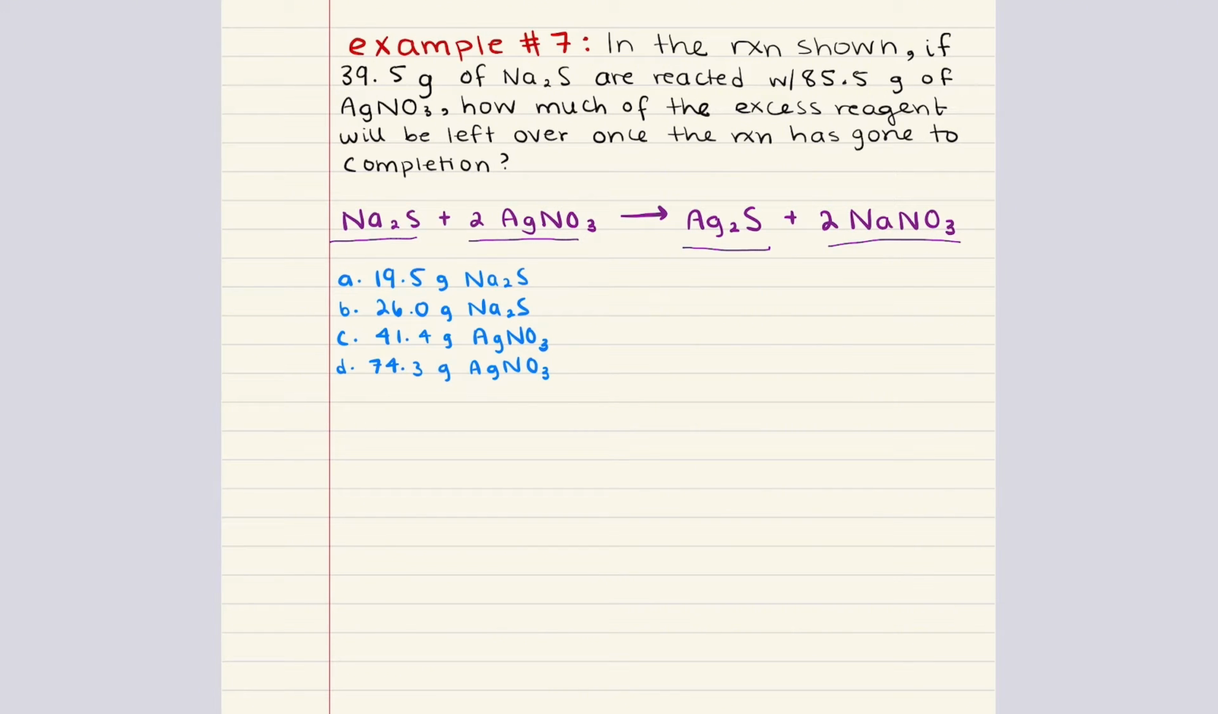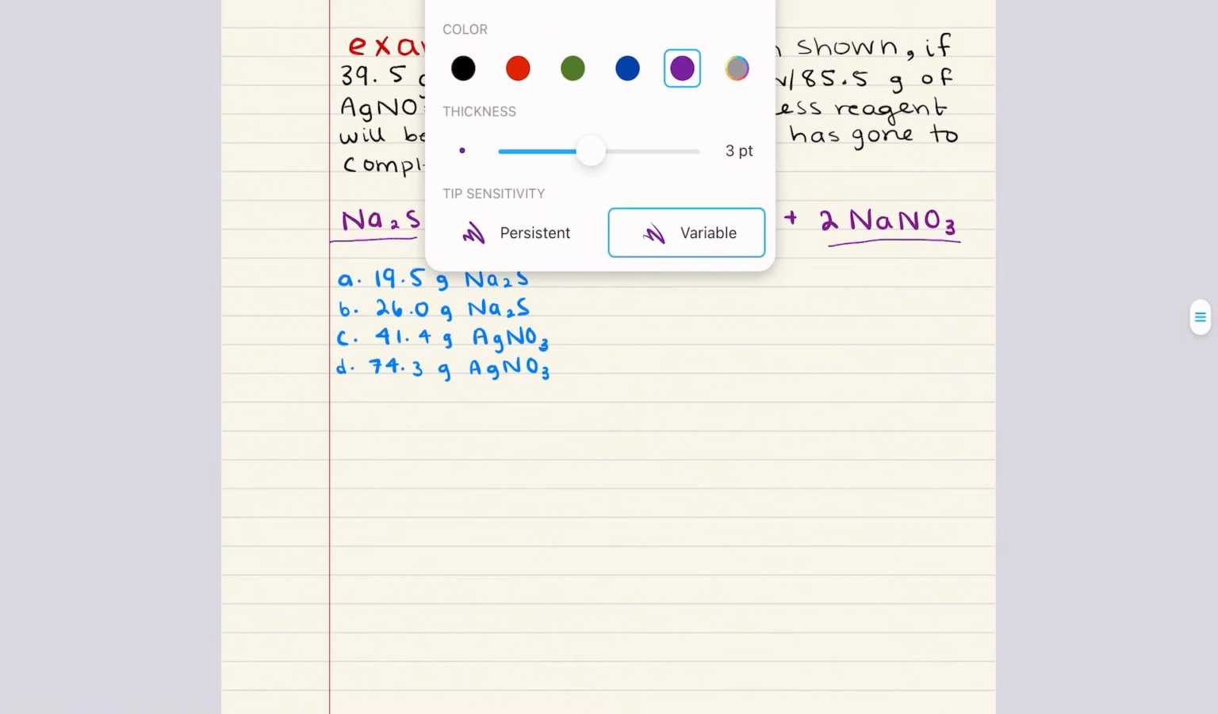Let's go ahead and work through this problem to determine which is the excess reagent and what is the limiting reagent, and then how much of the excess reagent will be left over once the reaction has gone to completion. We're going to have to first figure out the moles of each reactant. And in order to do that, we're going to have to figure out the molar masses of each of our reactants. So our first reactant is sodium sulfide,